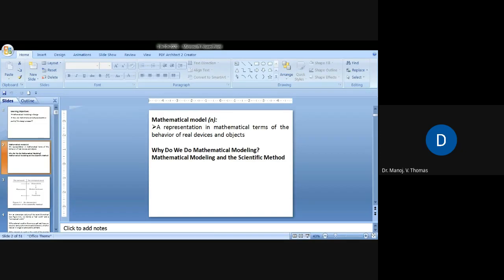What is the maximum temperature this mobile phone can sustain? What is the maximum temperature at which this laptop can be operated? There is a prediction, or an exact limit the manufacturer will tell. So how does the manufacturer know this? That's a fundamental question. Based on mathematical modeling, based on solving certain equations, based on external parameters and